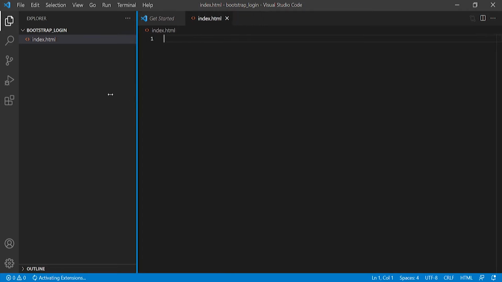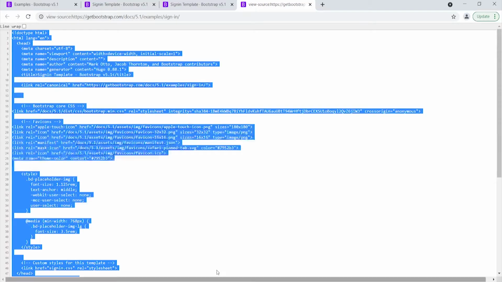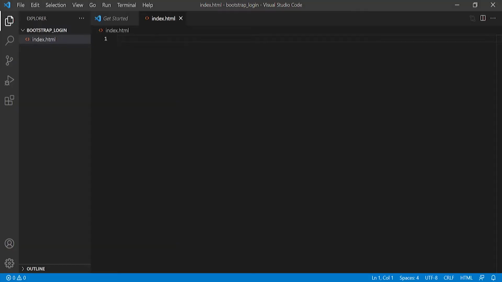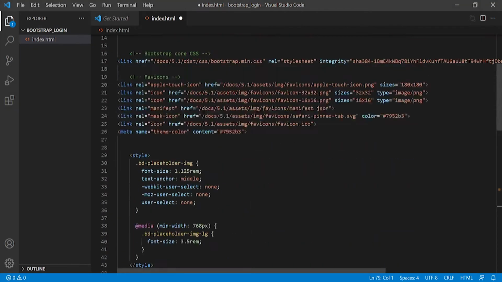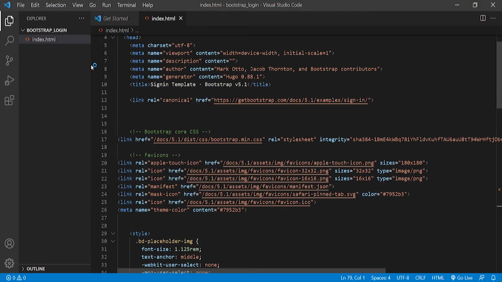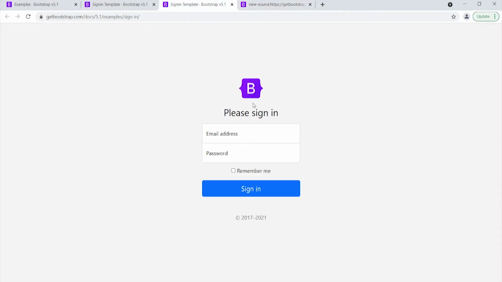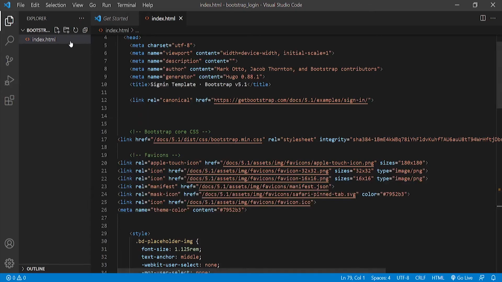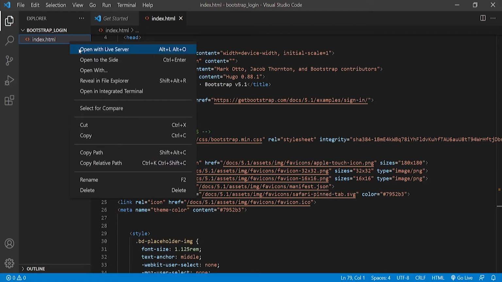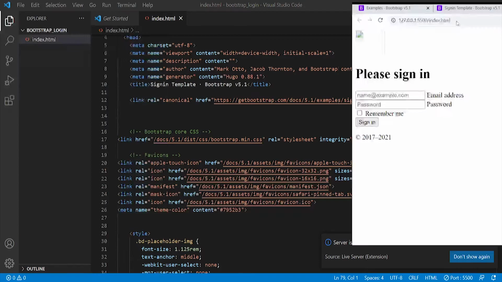Let me just fix my window. So remember that we have copied this code right here. We copied that and we can actually paste it right over here. Okay, so save that and let's try to preview if we will be able to get the same preview as in the case of these examples from the website. So let's go ahead and right click here and open with live server. Okay, as you can see,